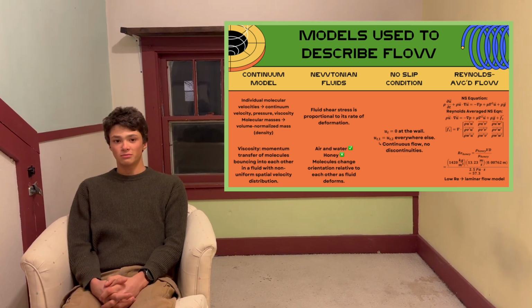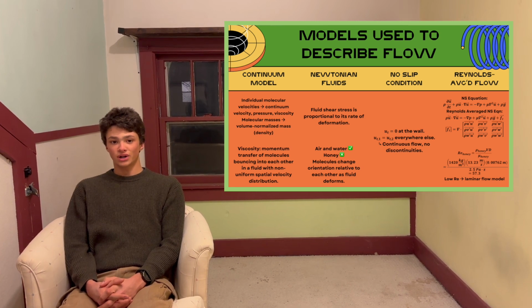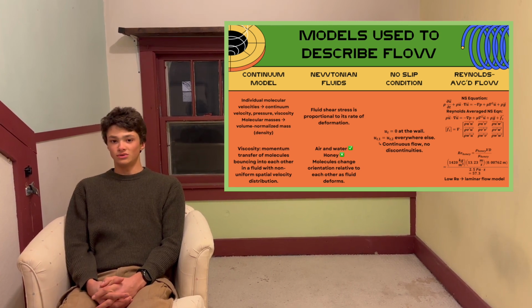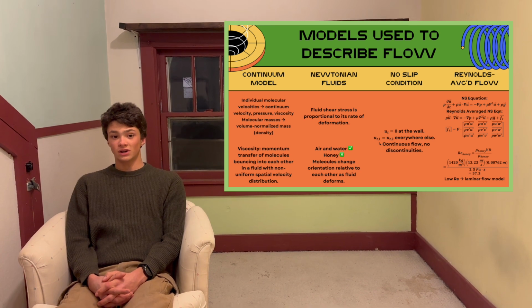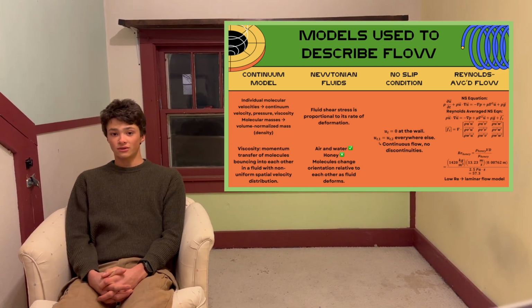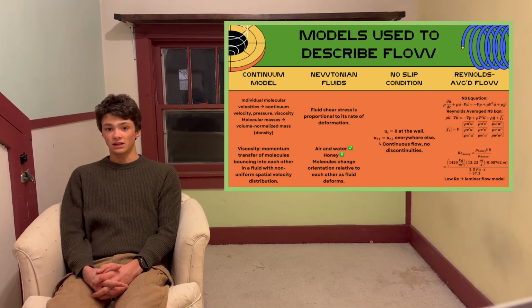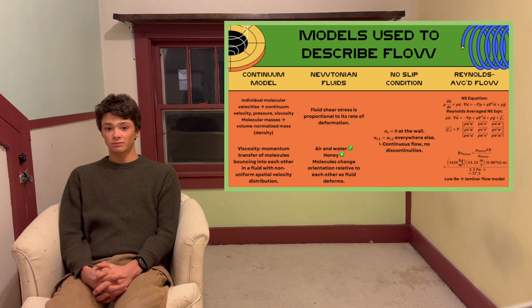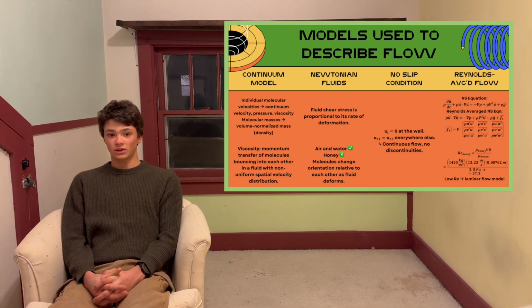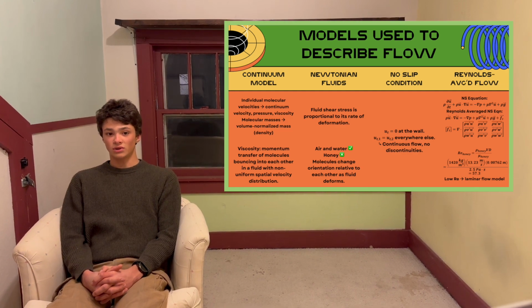One simplification we are making is describing the fluid as continuous, allowing us to use velocity, viscosity, pressure, and density. We are also using the Newtonian fluid model, meaning that the stress varies linearly with the rate of deformation. This works for air, but is not quite accurate for honey, since we are ignoring the effects of fluid velocity on viscosity. We also need to assume a no-slip condition to apply the viscosity-dependent relations to find force. Finally, we are assuming laminar flow for the honey since its Reynolds number is low.